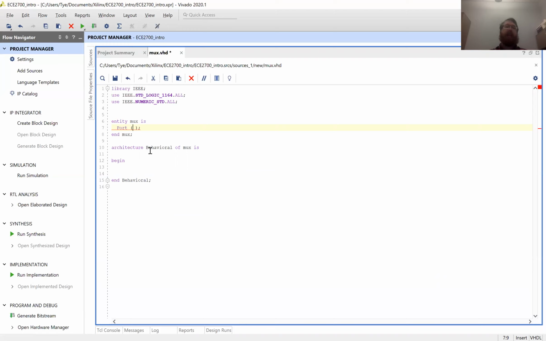So I have ports A and B. And let's start with it this way. I like having nice readable code. Okay, so what we're going to want to do,